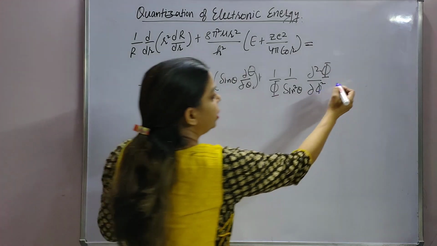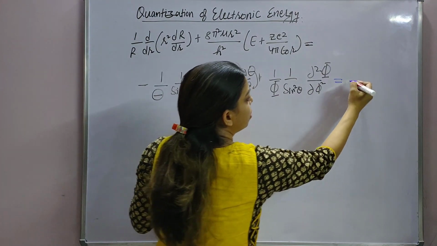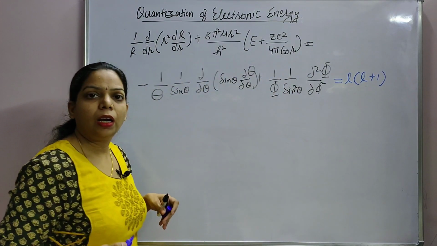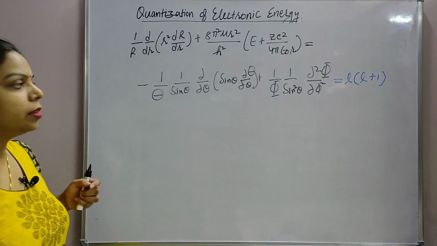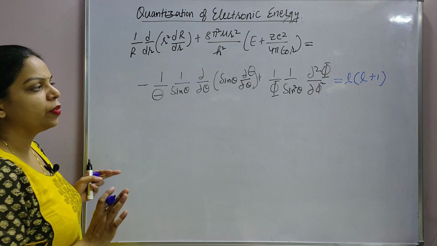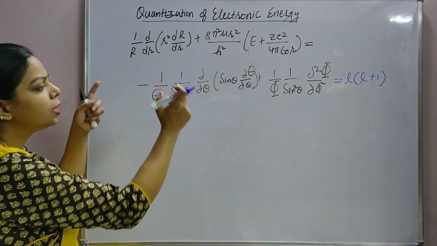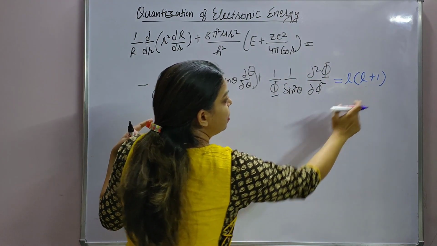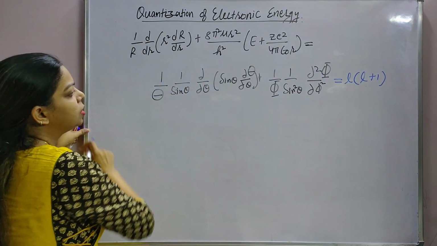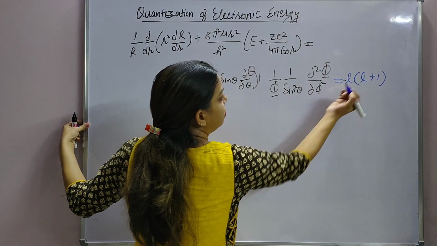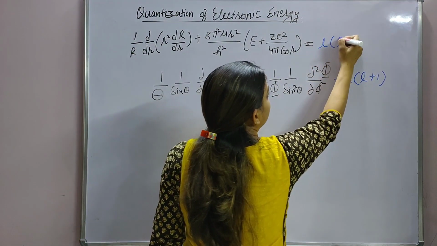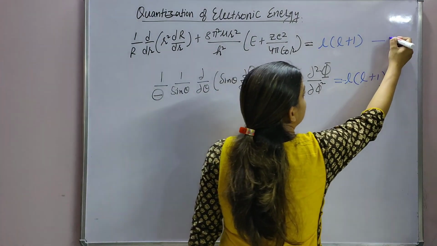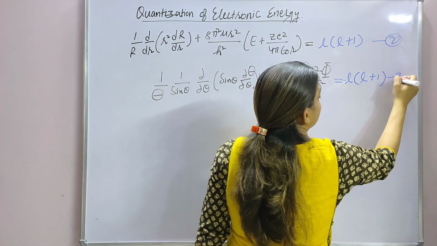Alright, so we can commonly put these two terms equal to some other factor, which is L plus 1. I will come to the values of L later. So we have these two equations. If I separately equate each of them with L plus 1, I will take the minus over here, and this term will be L plus 1. So you have two equations. Let's say this is equation number 2 and this is equation number 3.